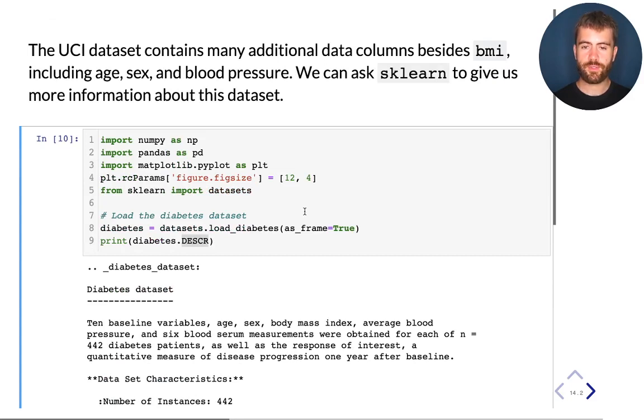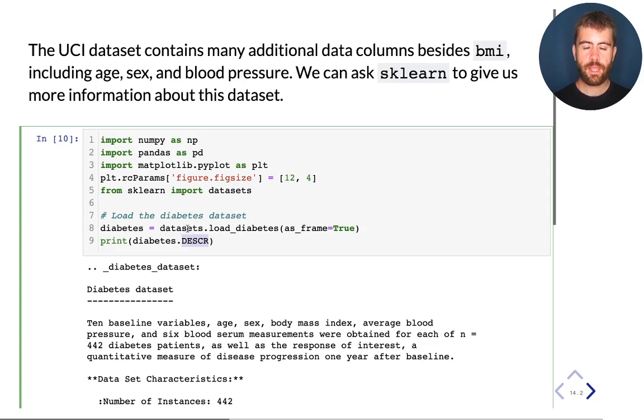So as earlier, I am going to load this data set using the scikit-learn library, which you see here. And in addition, I'm going to import again the standard machine learning and linear algebra libraries for Python. So NumPy and Pandas. I'm going to import matplotlib for doing visualizations, and here I'm going to import scikit-learn, which contains data sets as well as algorithms for doing machine learning. And here in this line, I'm going to load the diabetes data set. And the first thing I would like to do is just to print a description of this data set, which is available in scikit-learn